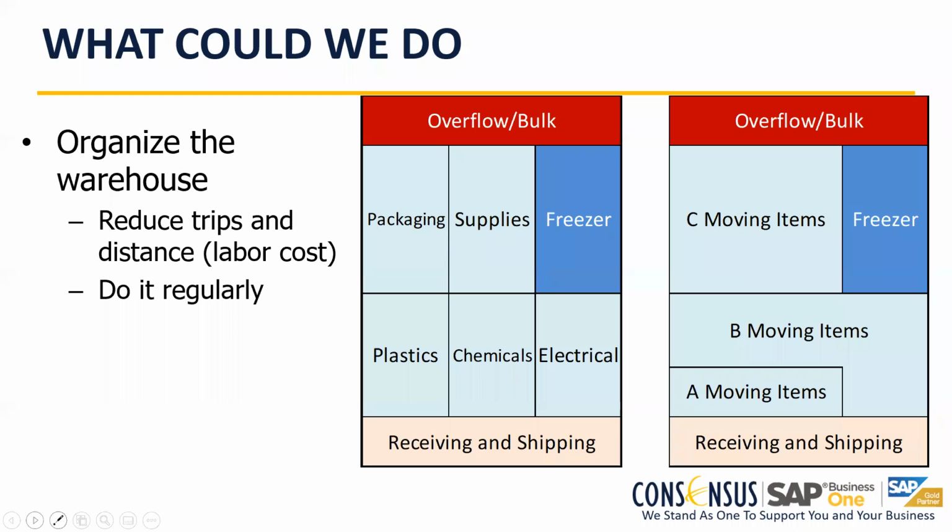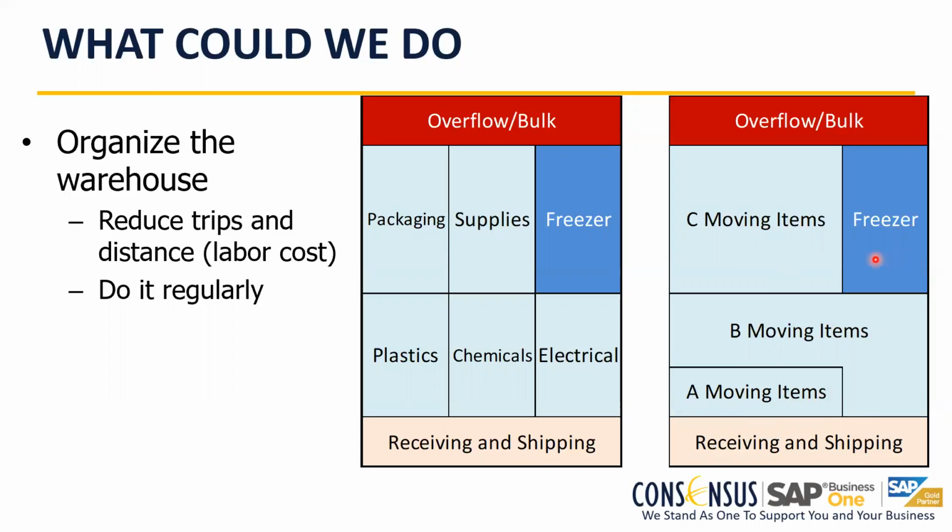So the popular items, the ones that I pick the most, put those items all together as much as possible. So, all right, I'm going to put all my A items together, so people doing shipping don't have to go all the way to the back of the warehouse to pick the A items. Most of the items that are A are very close to the front of the warehouse. Then you have the B items, and then the C.